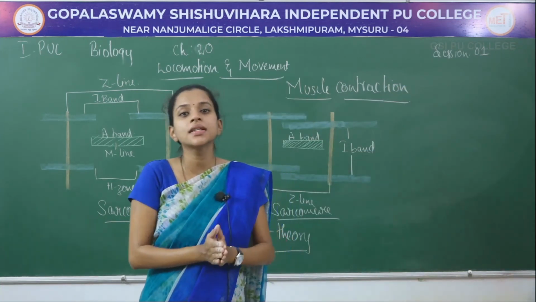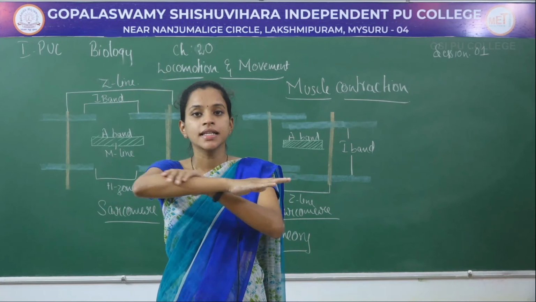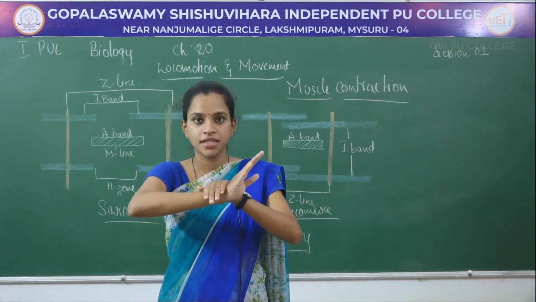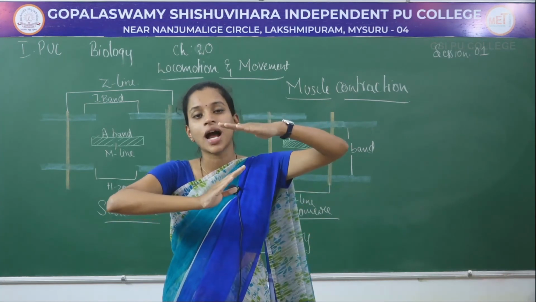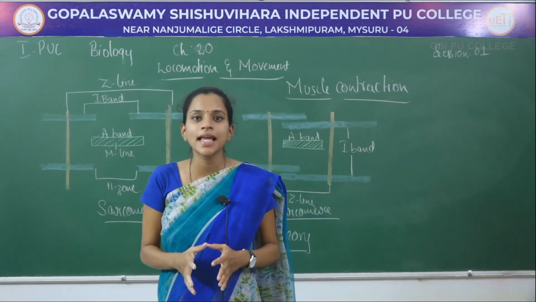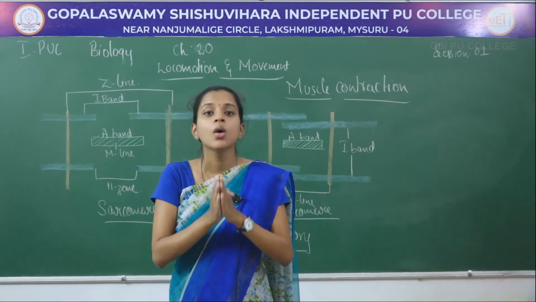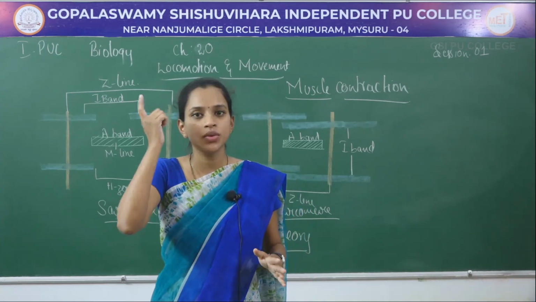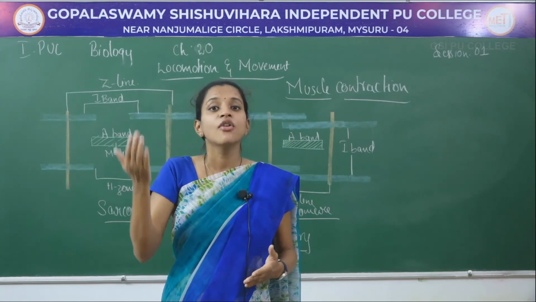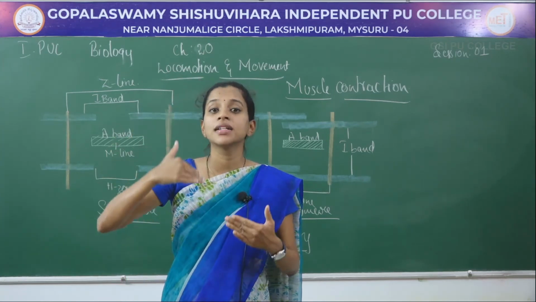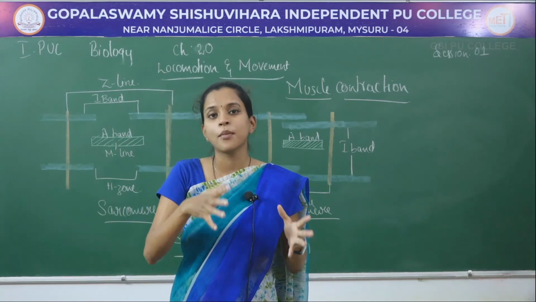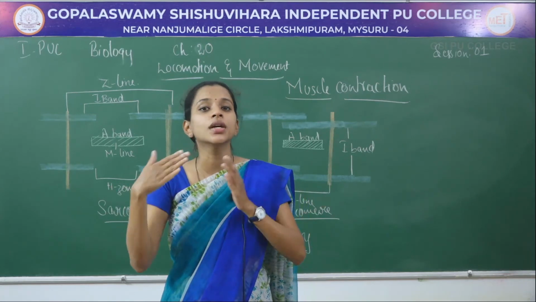During muscle contraction, now if you imagine that this is the A band, that means it includes myosin proteins. Here comes the tail, here comes the head. Now when there is a necessity for muscle contraction to take place, the message will be sent from the brain, that is the central nervous system. The message will be transferred into the motor neurons, and from motor neurons, it will be transferred into the muscles.